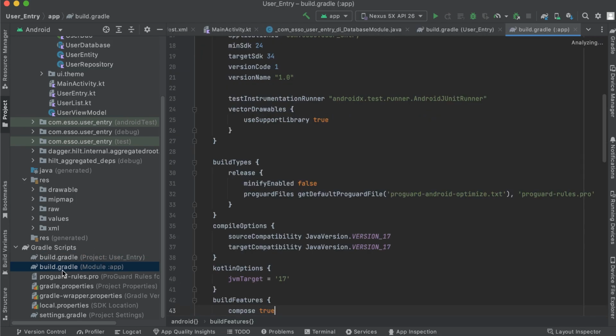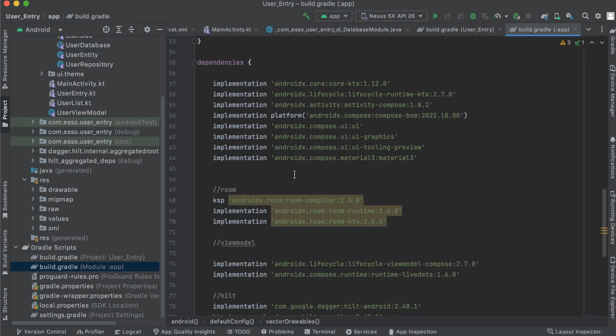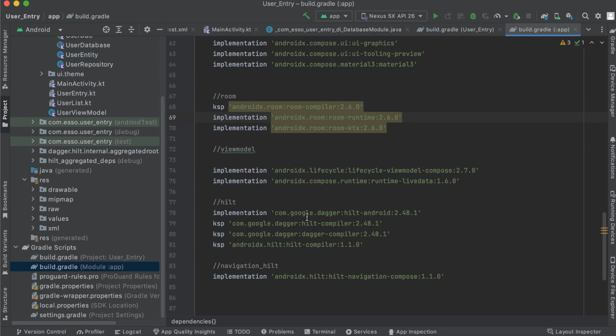2.48.1, and in our Gradle file module level add plugin id com.google.dagger.hilt.android and add dependencies for Hilt: implementation com.google.dagger.hilt.android 2.48.1 and ksp com.google.dagger.hilt.compiler 2.48.1 and ksp com.google.dagger compiler 2.48.1 and the ksp androidx.hilt compiler